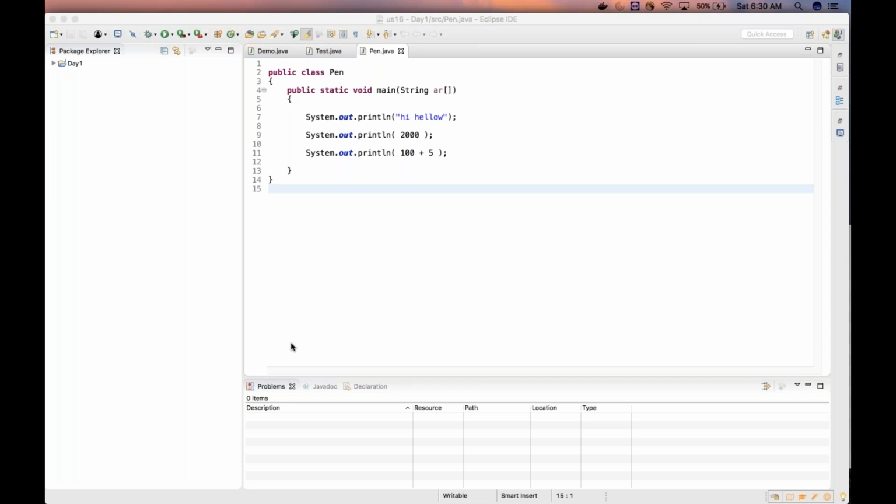Yesterday we understood how to write a simple program and how to work with Eclipse. Today we shall understand about the data types, about the variables, assigning a value to a variable, printing the value of a variable, and performing some operations with the variables. Okay,